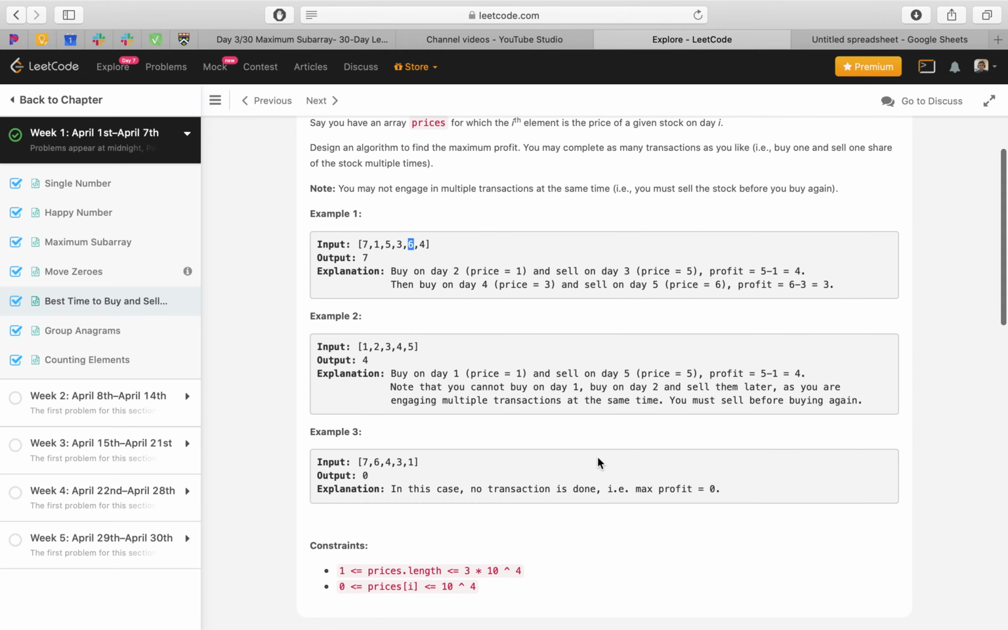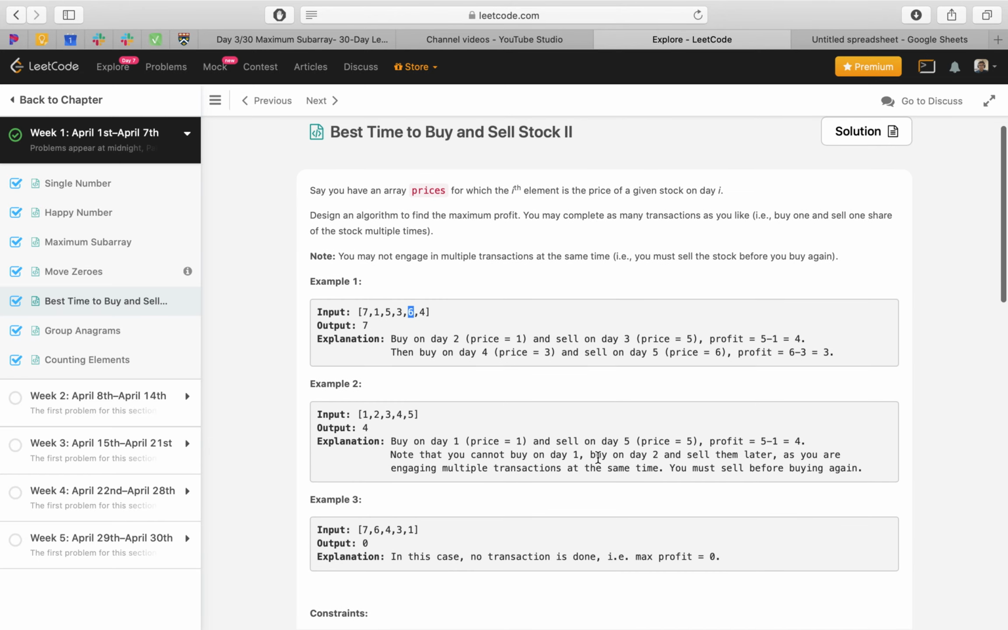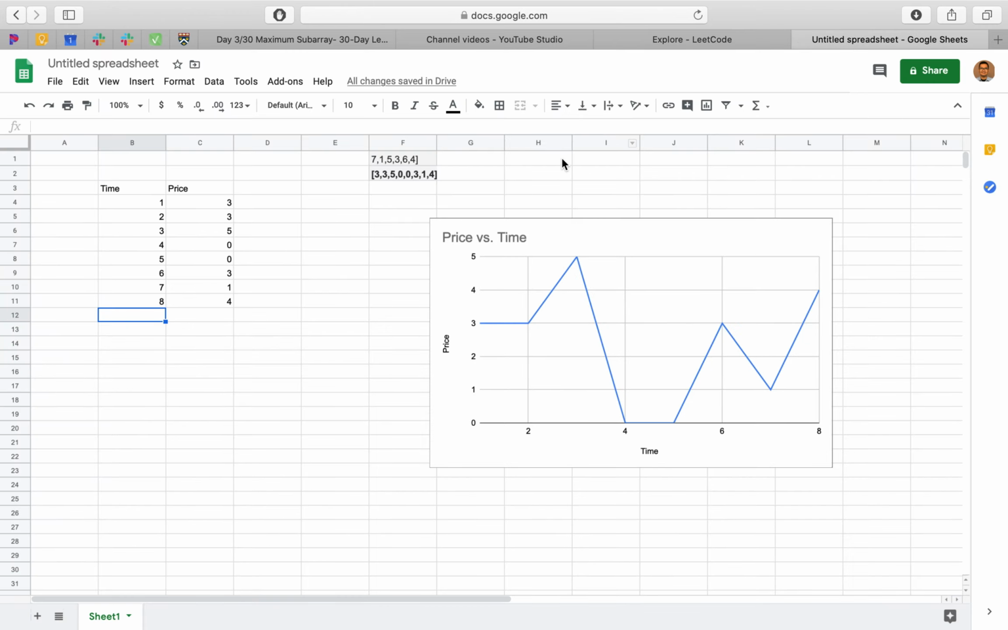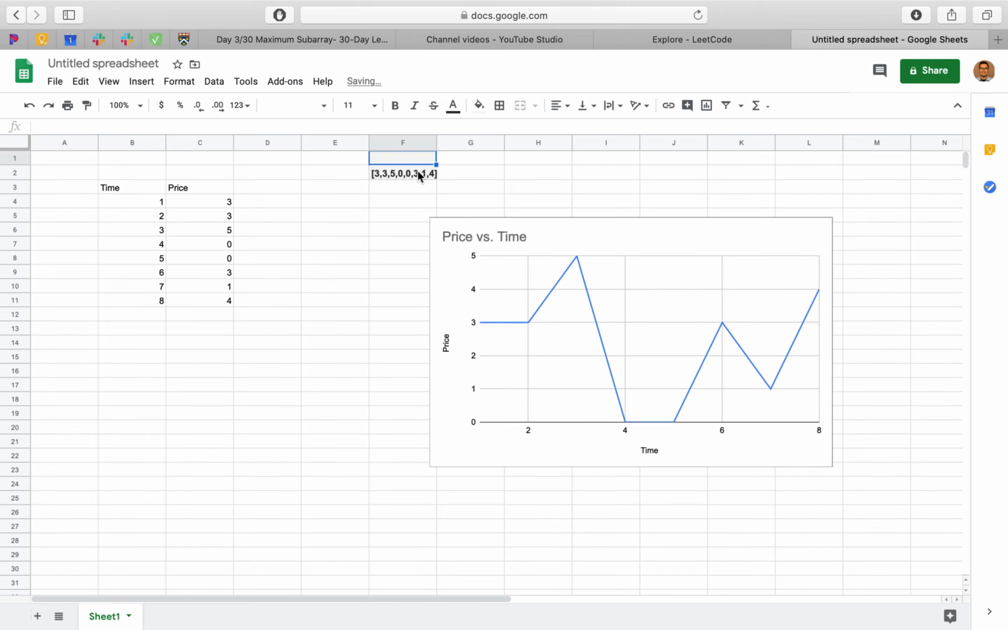So for this question, another way to understand it is to draw this input out and graph it and see how we should come up with the algorithm. And I can give you the example. So this is the example. If the stock price is like this,